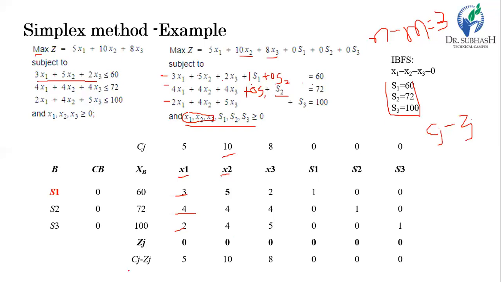So this is the value of Cj minus Zj. Now Cj minus Zj indicates the net effect on the objective function. Here Cj is considered as an incoming profit, or we can say it is simply the profit, and Zj is the outgoing profit, or in simple terms it is a cost or an expense.